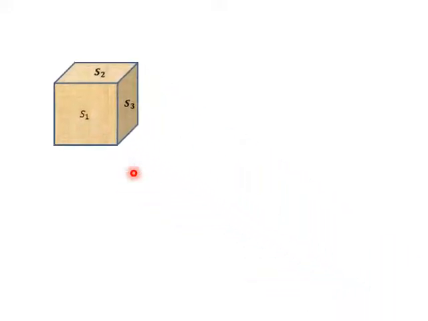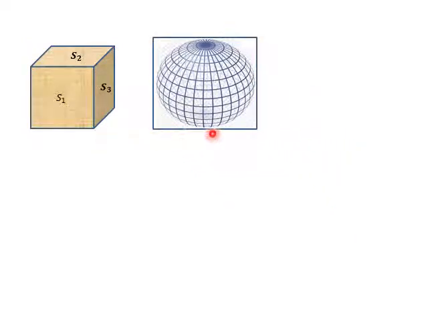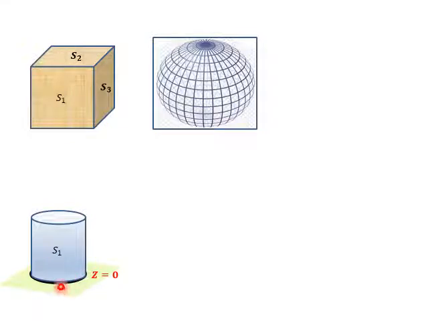Let us see some of the examples for the closed surfaces. Surface of a cube. It is a piecewise smooth surface having 6 faces. Surface of a sphere. It is a smooth surface. Surface of a cylinder. It is a hollow open cylinder. It can be taken as a closed cylinder by taking two lids on the bottom and top. On z equal to 0 I am taking one lid. Similarly, at z equal to h I am taking another lid.